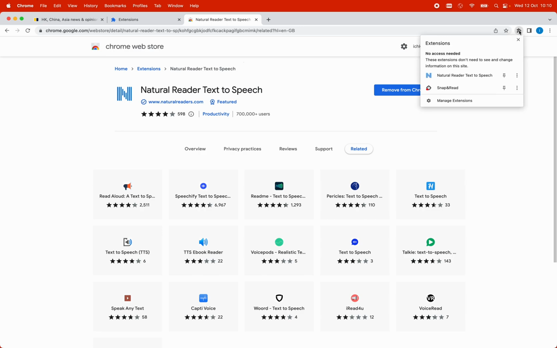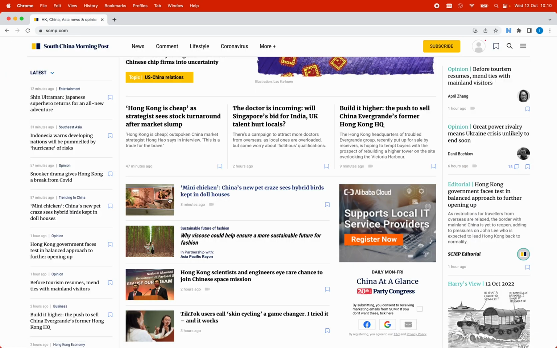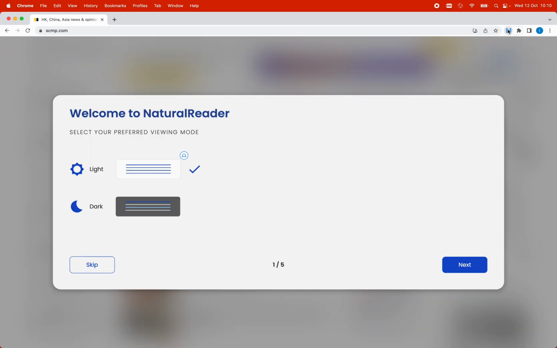By default, this won't be pinned to our extension bar, so we want to click on the extension tool and pin it to our toolbar, and here we see NaturalReader. If I go back to the original website that I had opened and highlight some text that we want to listen to, I should be able to click on NaturalReader,